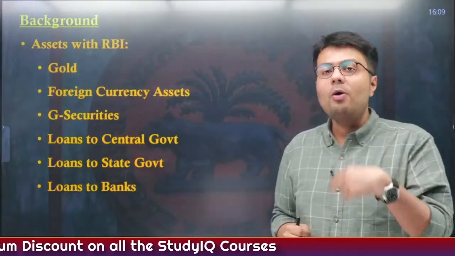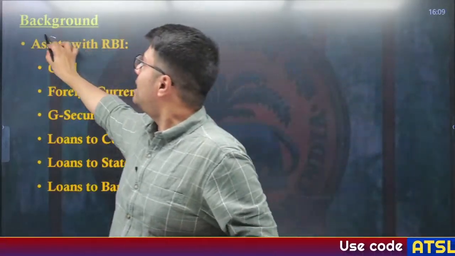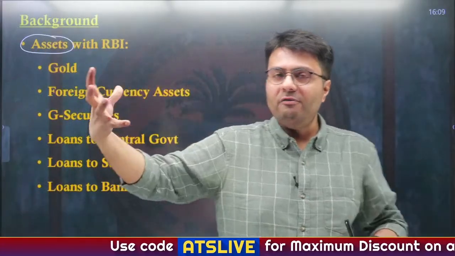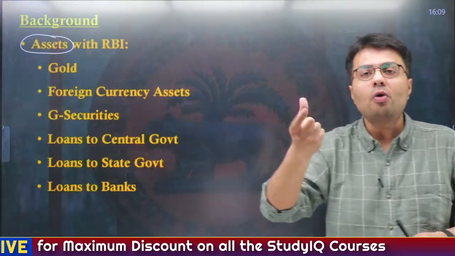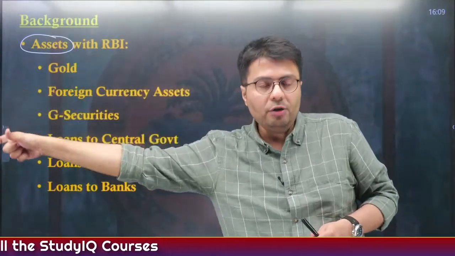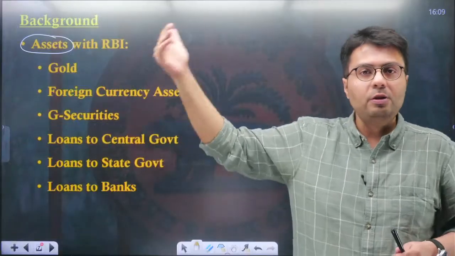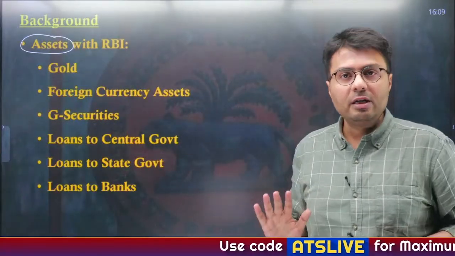Okay. Now, before understanding the economic capital framework, you need to understand how RBI makes money, right? Now, RBI makes money with different kinds of assets. You understand in banking, there are two terms, liabilities and assets. Liabilities means if I have taken money from someone and I have to return that money, that is called my liability. But suppose I've given that money to some person, that is an asset because that person will not just return me the money, but will also pay the interest. So, it is a source of income to me, right?